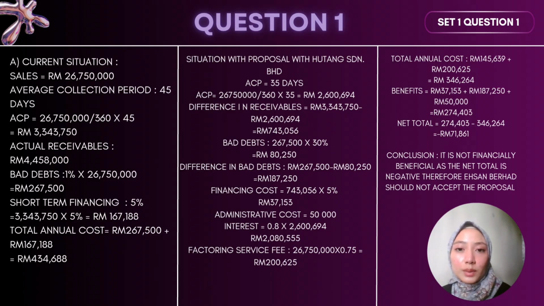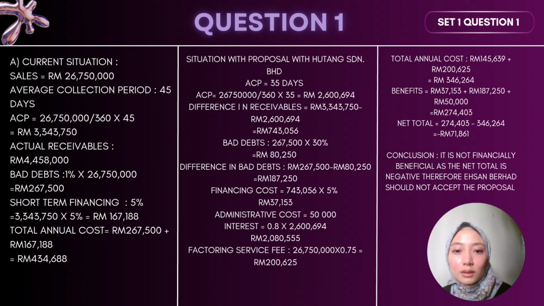Next, we will be moving on to the situation with the proposal from Hutan Sdn Bhd. Under ACP will be 35 days. So again, to find the value of ACP, we take the sales, divide by 360, multiply by 35, and that gives us 2,600,694 ringgit. To find the difference in receivables, we take the situation with proposal and minus the current situation. So we take 3,343,750 and minus 2,606,694, and that gives us the value of RM